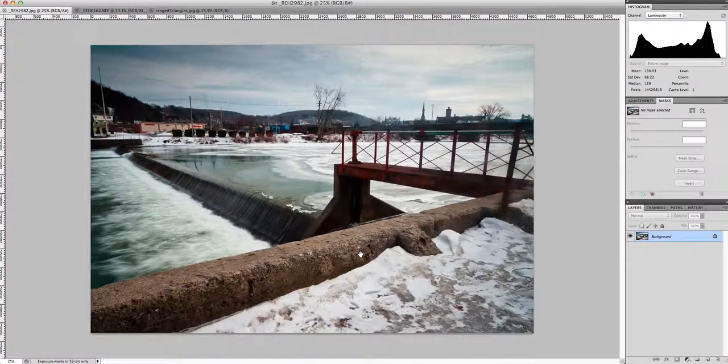So how does a histogram represent these values? Well, if we take a look in Photoshop here, we have a histogram open already, and it measures these values from left to right, with the left side representing these shadow values and the right side representing your highlights. And then everything in between is going to gradually fall into midtones, which are going to be your saturated regions of your image.